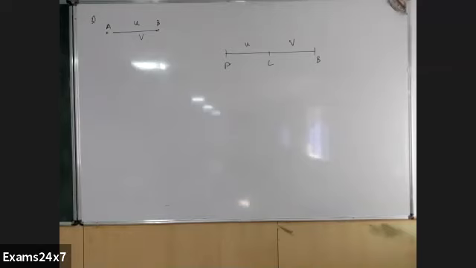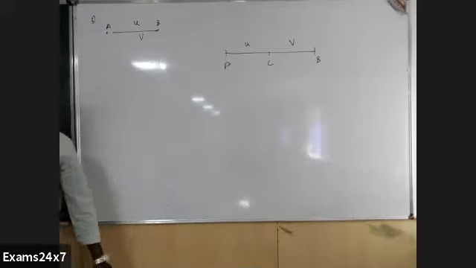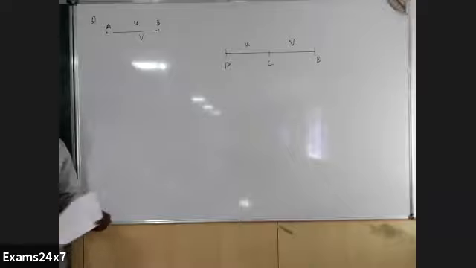Before relative motion, before motion under gravity, before this graph, you did this one, first one. First half is covered with the speed V1. Second half is covered with the speed V2, and average is 2 V1 V2 by V1 plus V2. Okay, we will discuss that. Others were absent. We'll discuss that.